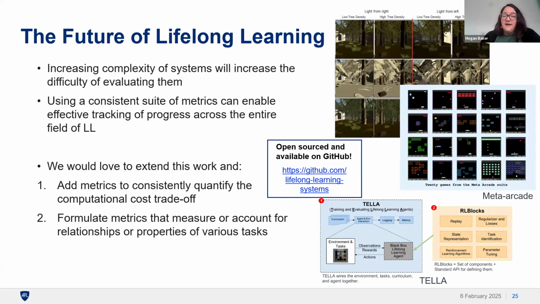We've open sourced some of the tools we have available. I mentioned L2 Explorer is our open world exploration framework. We've got Meta Arcade, which allows you to do lots of test sequences with some inherent similarity measures built in. We've got other ways to help with evaluating lifelong learning agents, including metrics and other trade-off measures. And we'd love to add metrics to this or collaborate to invent the future with you all.